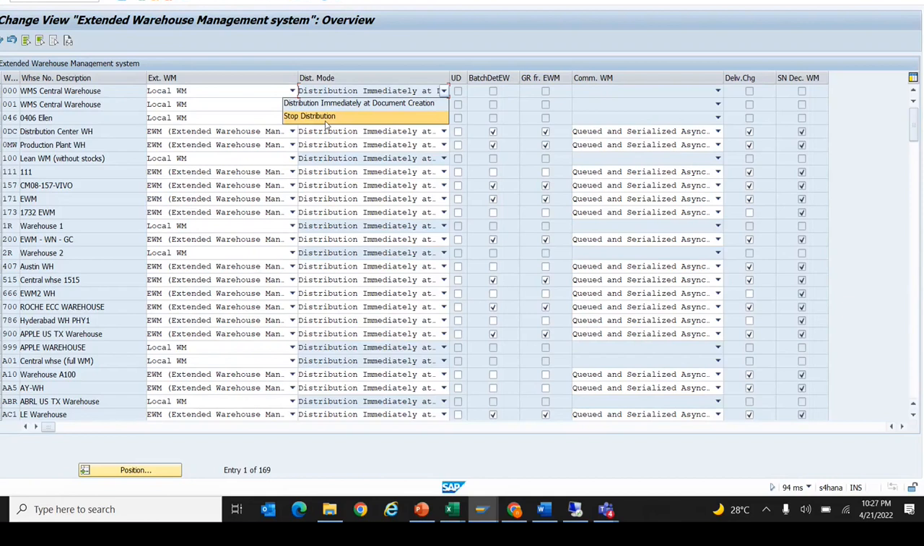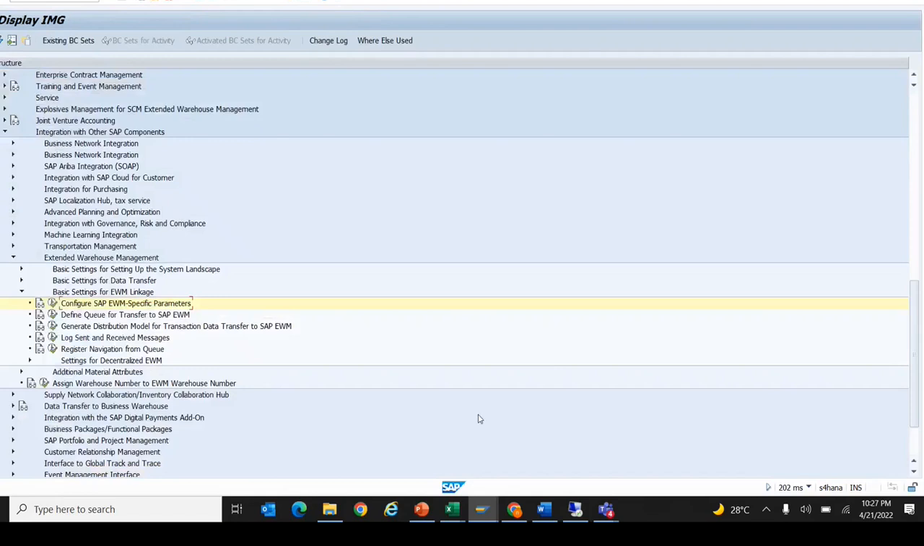Yeah, but in this scenario, how do we create the second ERP warehouse number? For example, one for the immediate distribution, and the second for the stop distribution, for the same plant with a different store. Yes. Okay. Okay. Now